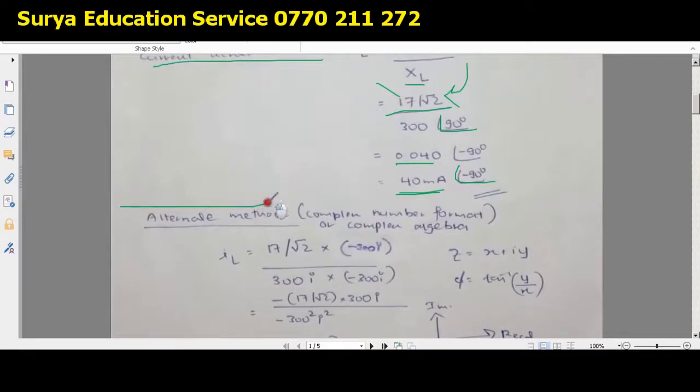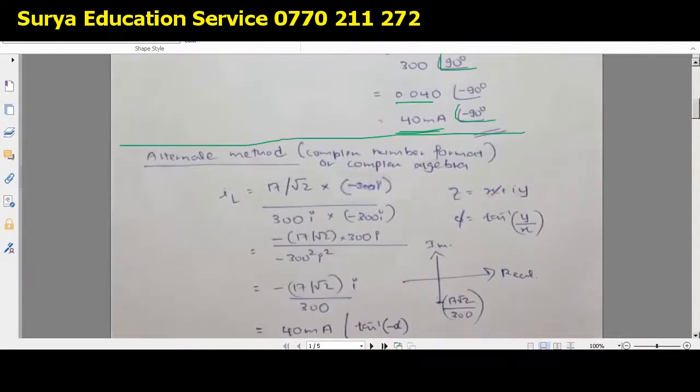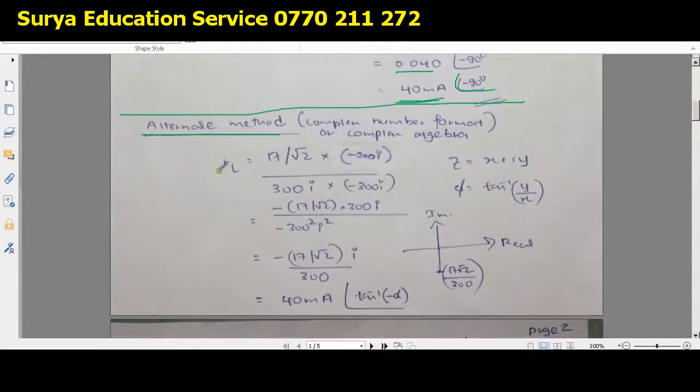So I think this is clear. So now let's focus on the next thing. Here actually this is not the next thing, this is like an alternate method. Okay, so let's focus on this alternate method, right? Okay, so let's focus on that. So now what is the current through the inductor? That particular voltage divided by the resistance. So that resistance is the inductance. So now here you can do something like this.